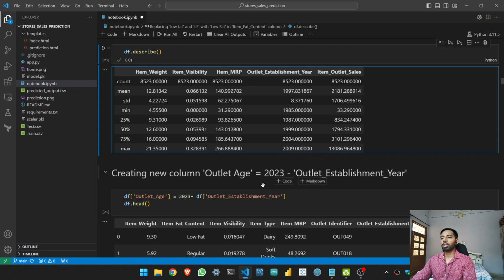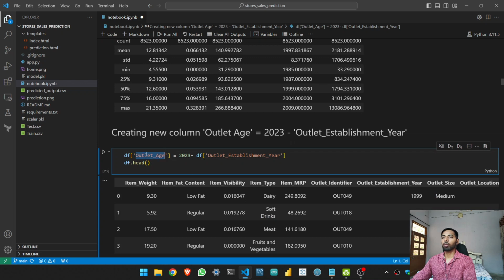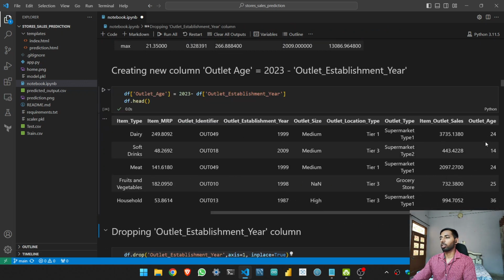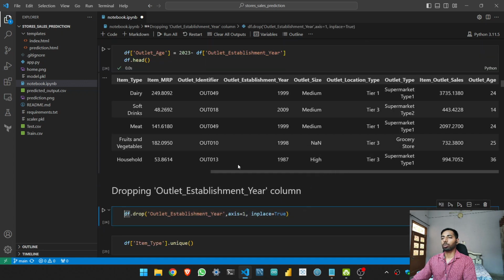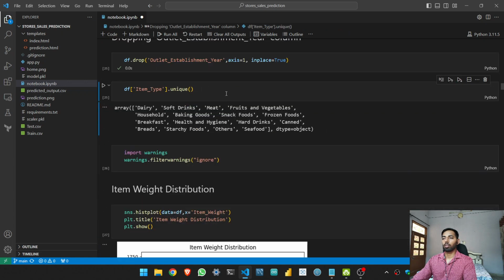So we can create a new column using this column, the outlet age. So we are creating this new column outlet age using this column, equal to 2023, that is the present year, minus outlet establishment year. Let me run this. You can see we get our new column, that is outlet age. So now we do not need this column, so we are dropping this column, and